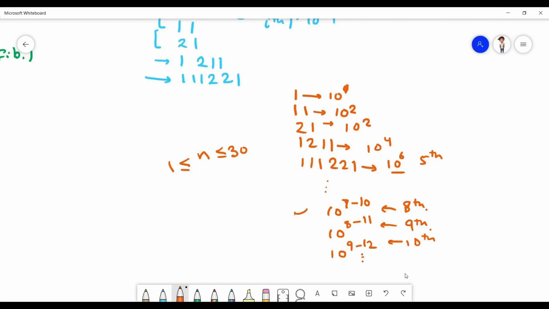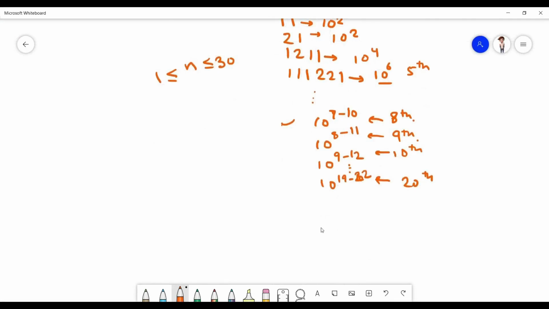And similarly, for some 20th term, it is possible that we get 10 raised to the power 19 to 10 raised to the power 22. And similarly for 30, we may get some value 10 raised to the power 29 to 32, right? Because as the value of i increases, the upper bound is increasing.